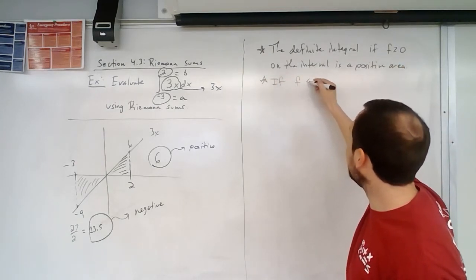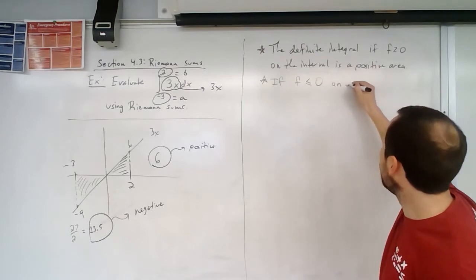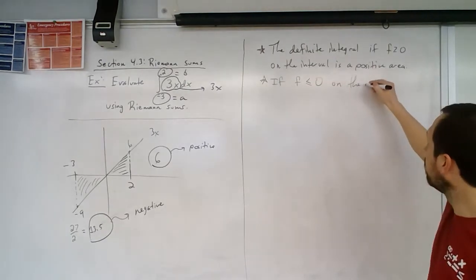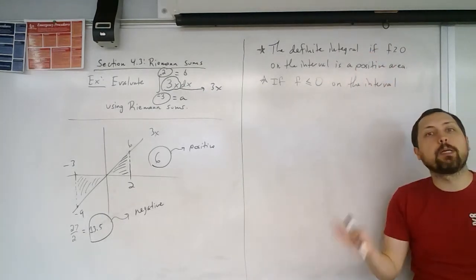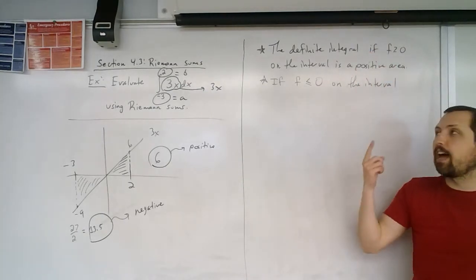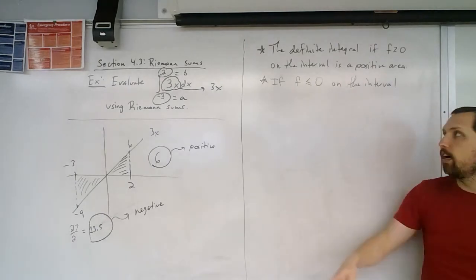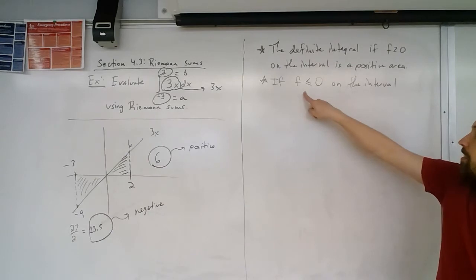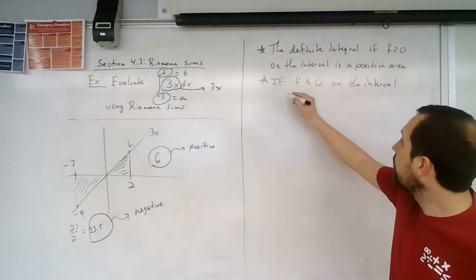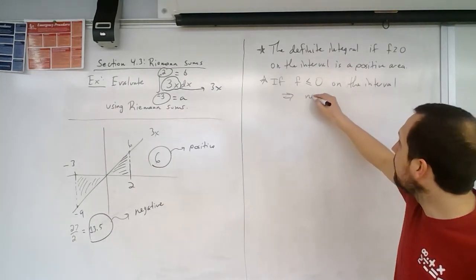If f is less than or equal to 0 on the interval, so what I'm saying here is that if my function is above the x-axis, so it's a positive value, I have a positive area. If I am below the x-axis, I'm negative on this interval, what this gives us is we get a negative